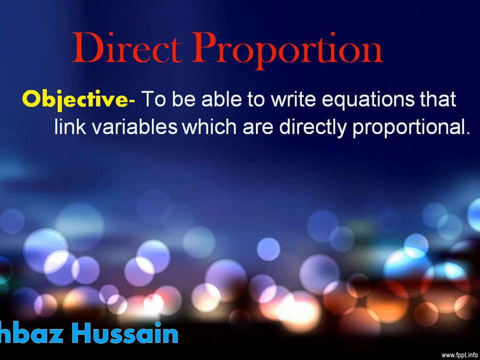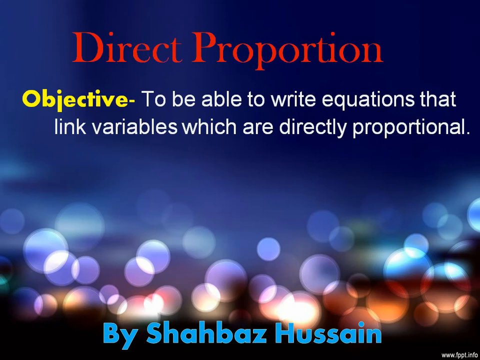So, welcome you all. We are going to revise the topic for certain one. This is direct proportion. So, this is the previous topic. I've been going to solve the book questions. Today, the objective of this topic is to be able to write equations that link variables which are directly proportional. So, this topic is familiar. You know how to write the equation of direct proportion and how to find the values of unknown variables. So, we are going to solve the book D2 7th edition, and chapter number 1 is the directly and inversely proportional chapter. We're going to solve these questions.